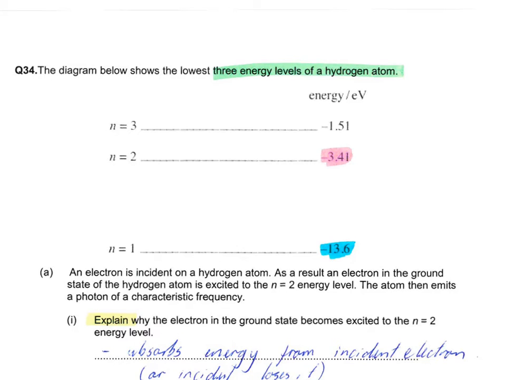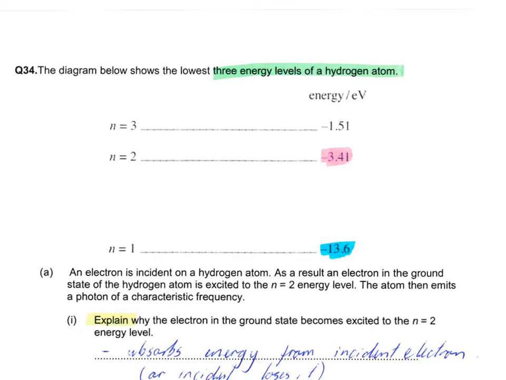And this is the Particles Homework Booklet question 34. We're told that the diagram shows the lowest three energy levels of a hydrogen atom, and we're given those energy levels in electron volts. We're told an electron is incident on a hydrogen atom, and as a result an electron in the ground state, remember ground state is the lowest possible state, n equals 1, of the hydrogen is excited up